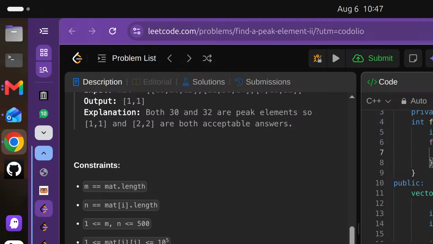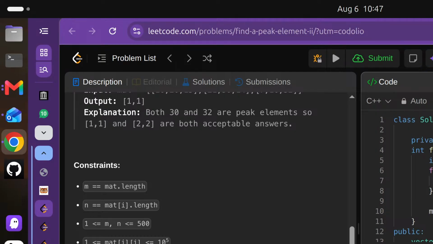And at the end we will return maxi. In the while loop we have to put some condition, guys, right? We will put it like this: while low is less than or equal to high,